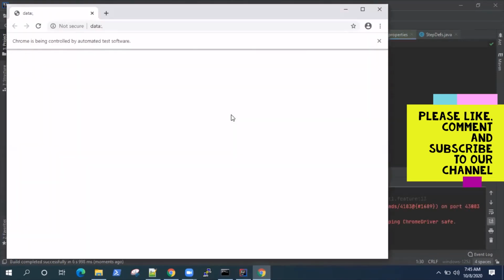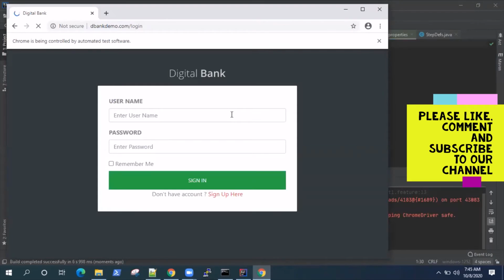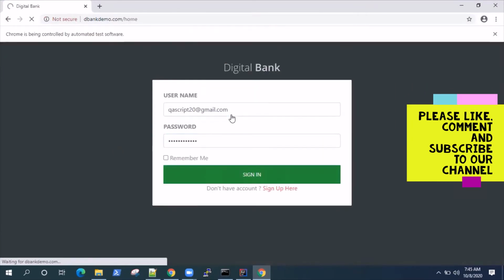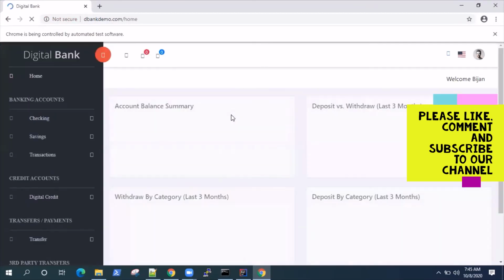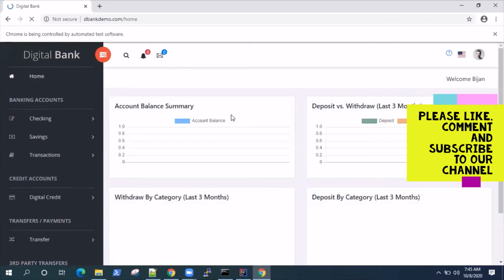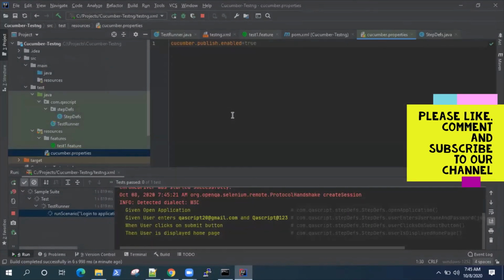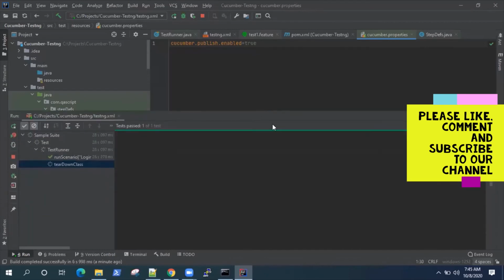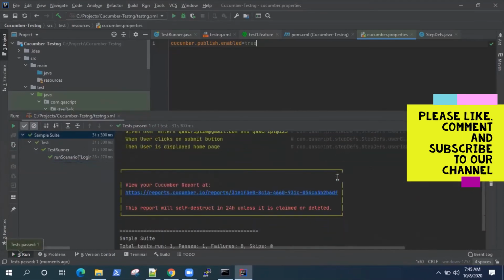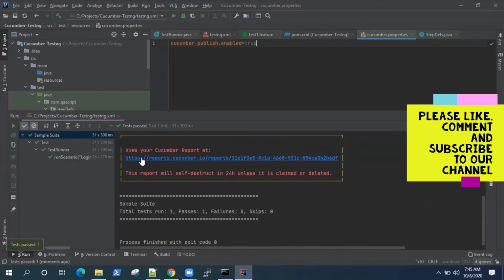Okay, so let it execute, and then this time we will have a new notification with a cloud URL where your reports are published. So we'll see. That's also displayed on the console. Okay, so our execution is completed. And if you go to the console now, you will see they are now providing you with a unique URL, right? So this URL, as it is showing, will self-destruct in 24 hours, unless it is claimed or